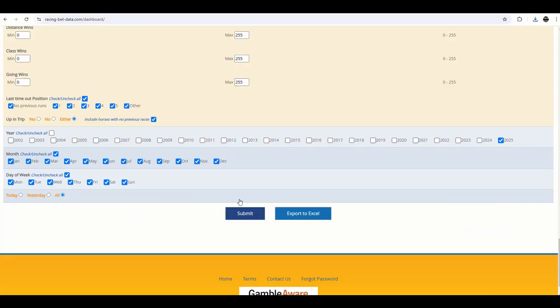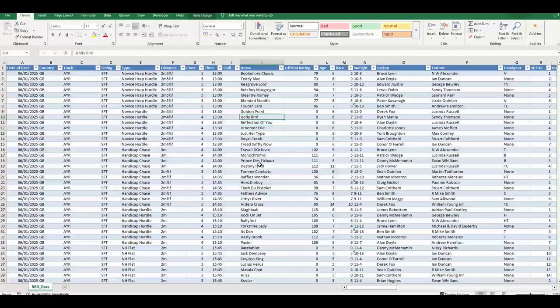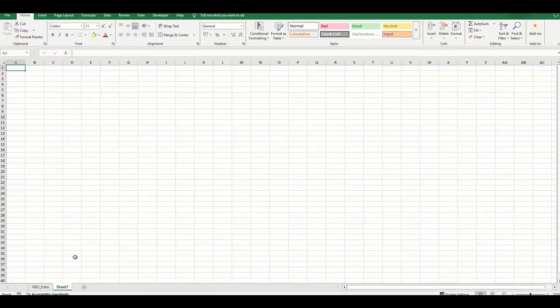We can do it to screen as well. Just click submit. I've already gone ahead and done it to Excel, but if you wanted to look at this on the screen, click submit and you can get the data outputted to the screen as well. I'm going to flick the Excel back whilst that's loading